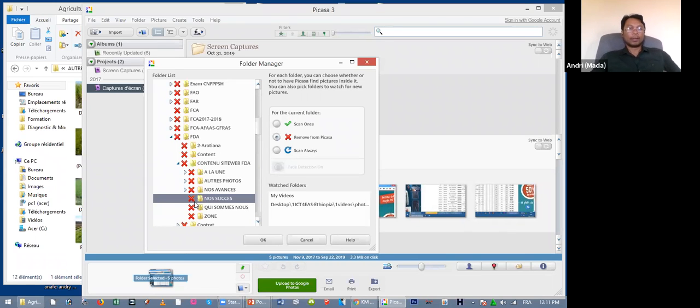When I have selected the directory where the files are, I can just scan once or scan always. This means that it will look at the videos and photos that I have in that directory. When I do OK,